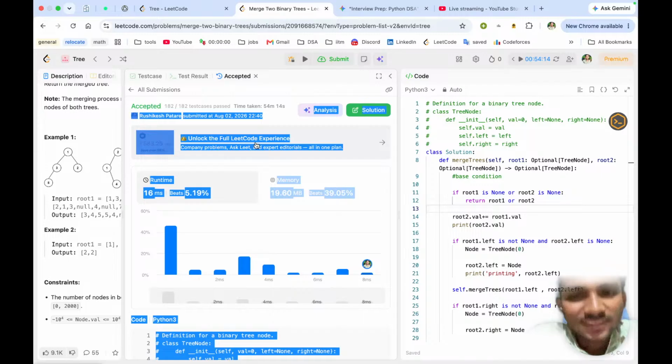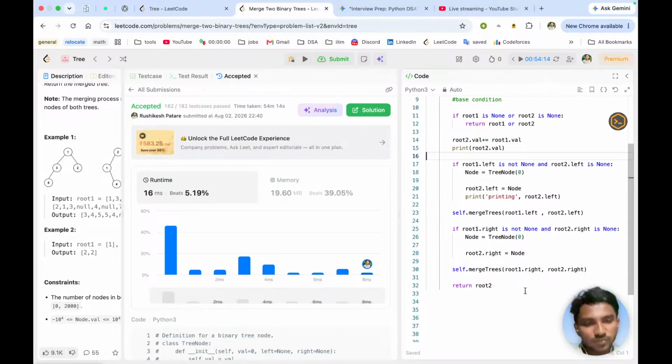Yeah, we solved it, but there is a more optimized or clean version of this problem. So yeah, let's wrap up